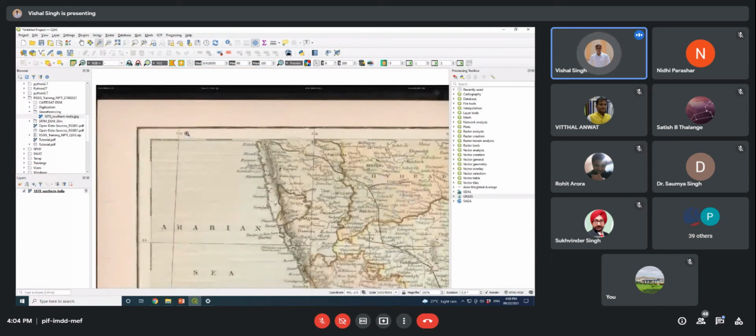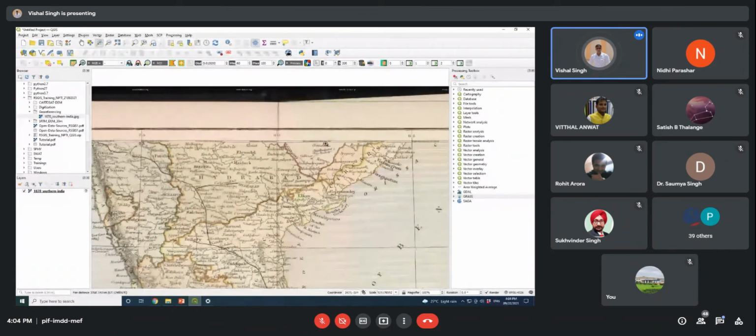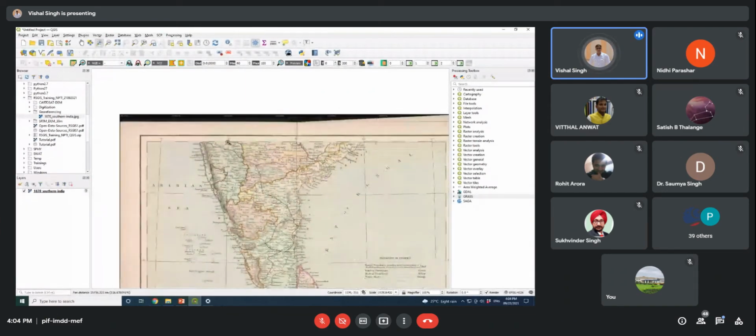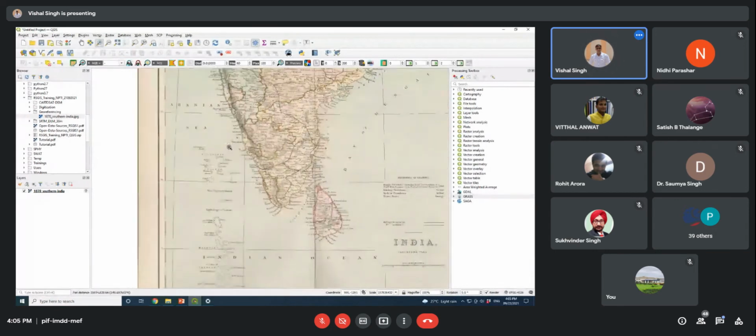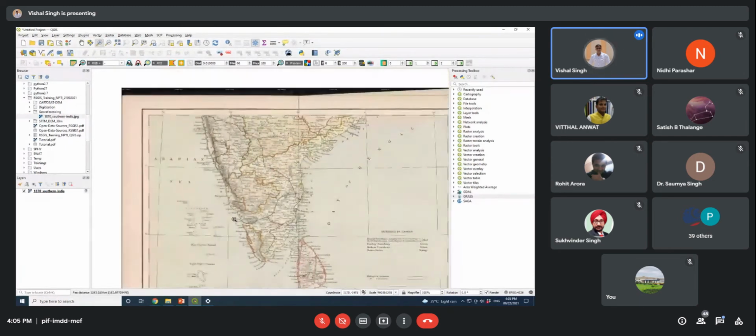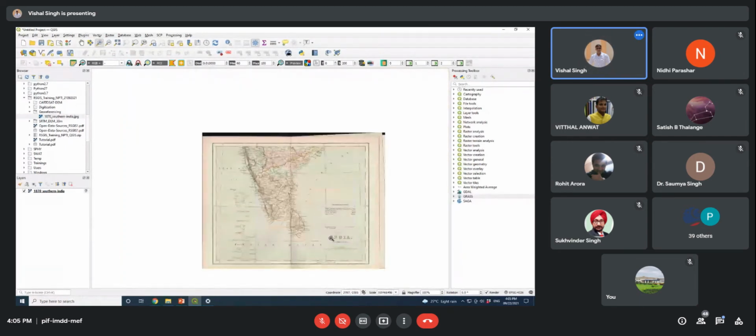The variations here are actually in degrees. These values are represented in degrees. So this is 70 degree, this is 75 degree, this is 80 degree, this is 85 degree. The gap between the two columns is 5 degree, so a 5 degree interval is there in the columns, and you can see that a 5 degree interval is also there in the latitude. So now you can see it here.